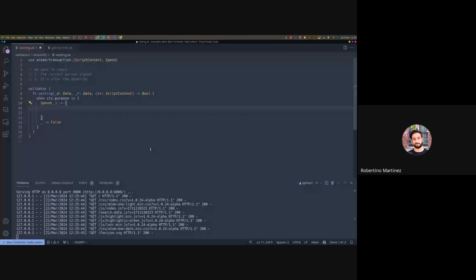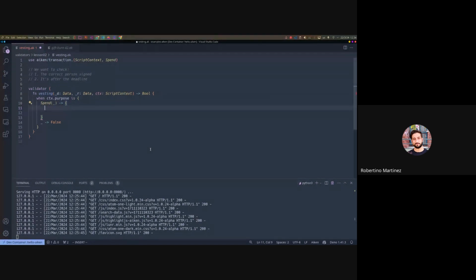We have to choose who is the one that is able to unlock it. And for that, we cannot just put the name of the person here because that's not a valid identifier in a blockchain or in any system. So the way that we identify people, persons or entities in the blockchain is using the public key